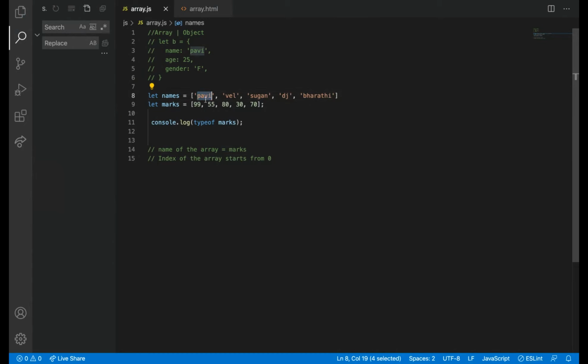So the first value, so let's see, there are 2 arrays. By saying this itself, I know the mark of Pavi is 99 and Vale is 55 and then Sugan is 80.